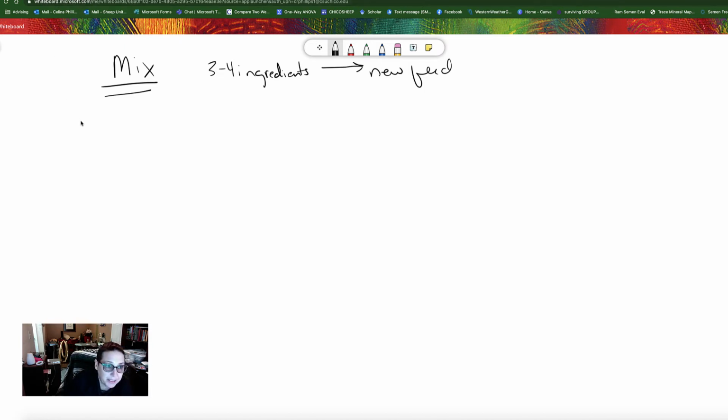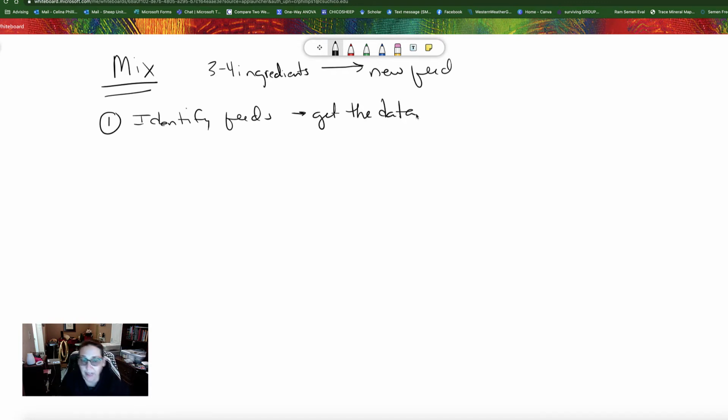And so the first step is to identify your feeds and look up all the data. I've mentioned before that I'm a big fan of the Noble Feed Library out of Ardmore, Oklahoma. It's an online feed library. Super handy to look up a lot of different feeds and be able to get the chemical composition of each feed. For today's example, we're going to be working with cracked corn,